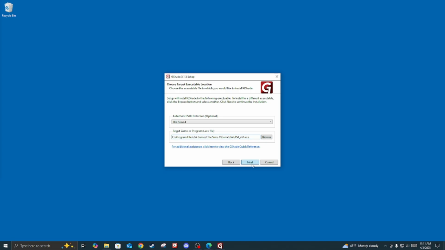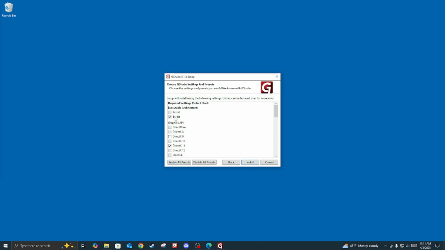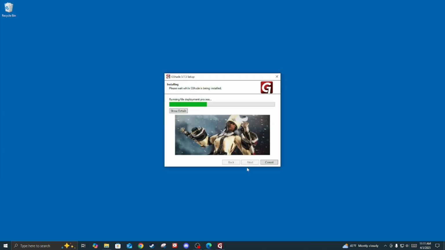And then it will show you the game path for where we're going to be saving the GShade into. If you need to change that, you can, but that's what it defaults to. It also defaults to DirectX 11 now. If you're still running DirectX 9, you can click that checkbox, but I think most people have migrated over to DirectX 11 now. Click install,